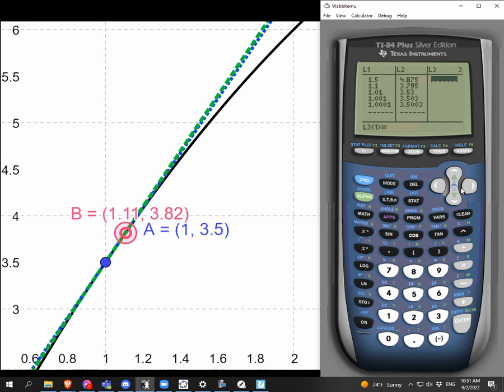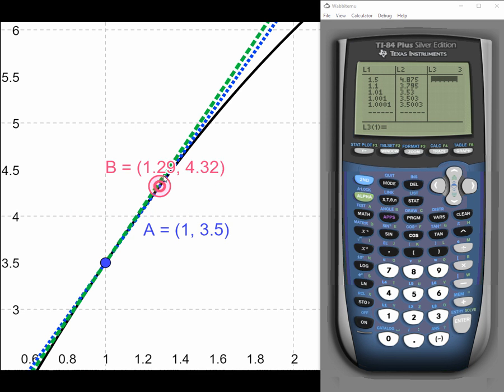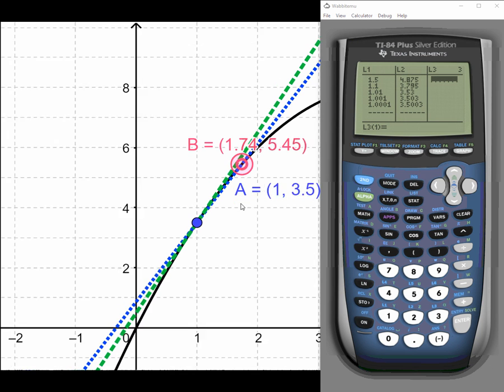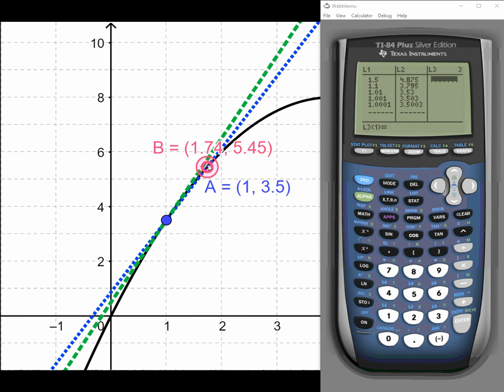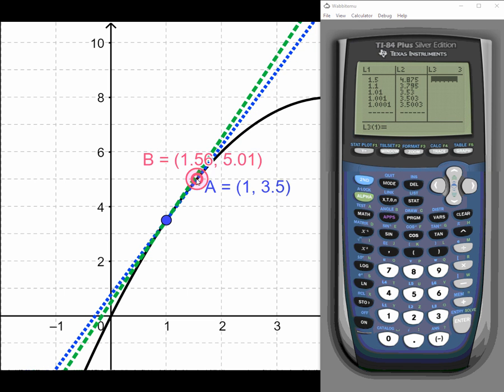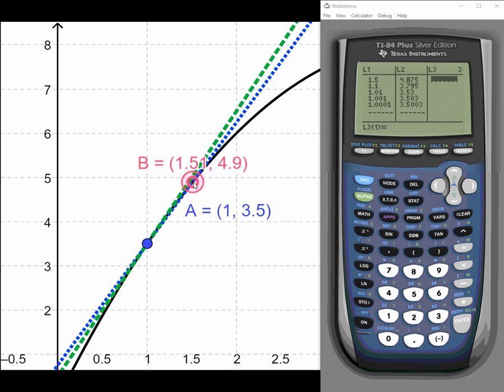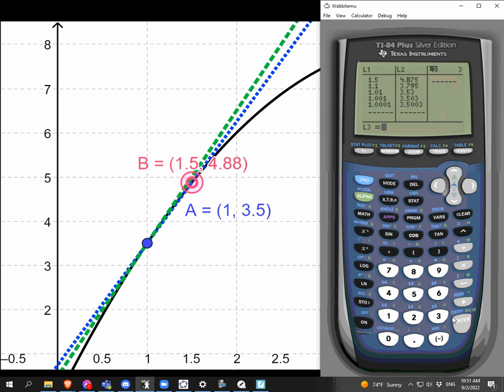Now, in L3, I'm going to put the rise. I started with 1.5, and the y value looks like it's in the vicinity of 4.88. Okay, 4.875. But I want the rise. I want the calculator to calculate for me this rise from 3.5 up to 4.875. So I'm going to define that as the difference, the 4.88, which is the L2 value,